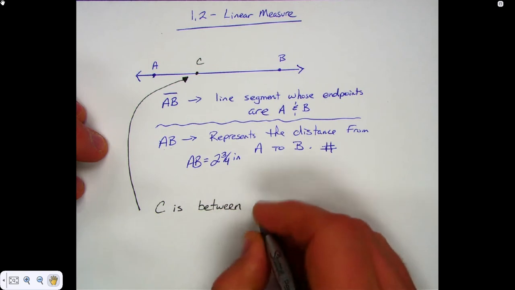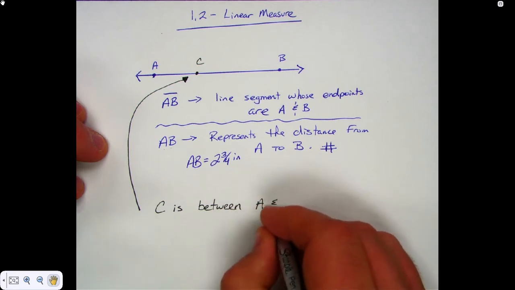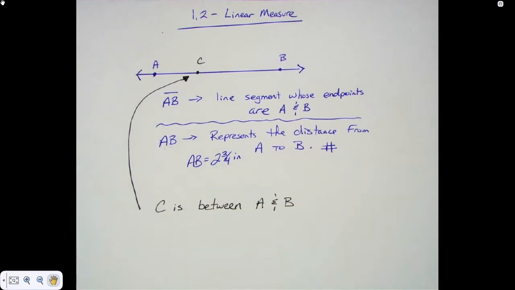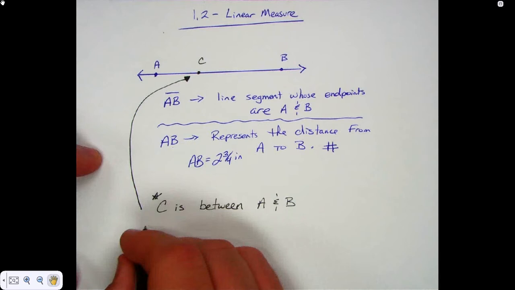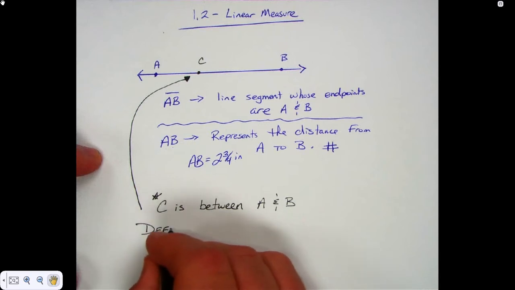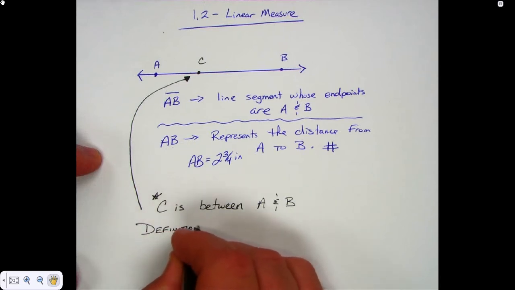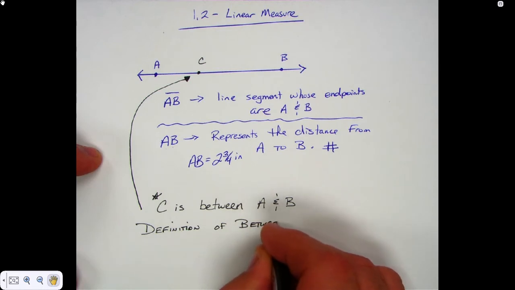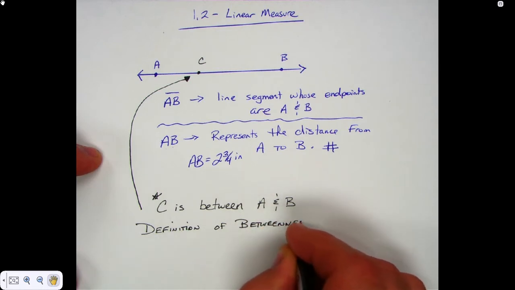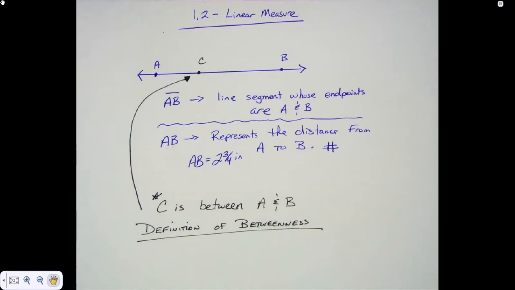Well, we have something called the definition of betweenness. And I'm not saying we shouldn't have it, but you'll find that some of the definitions, theorems, or postulates you have in geometry are just an official way of saying what's obvious. Things you would not need to know anything. You wouldn't need a geometry class. And in fact,